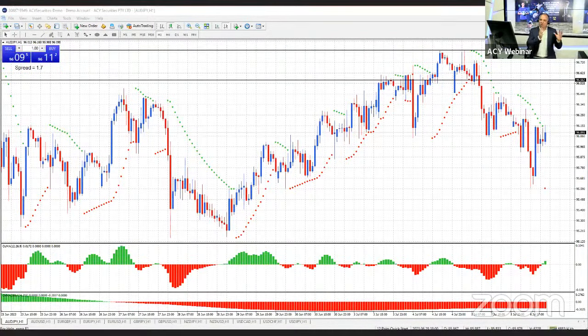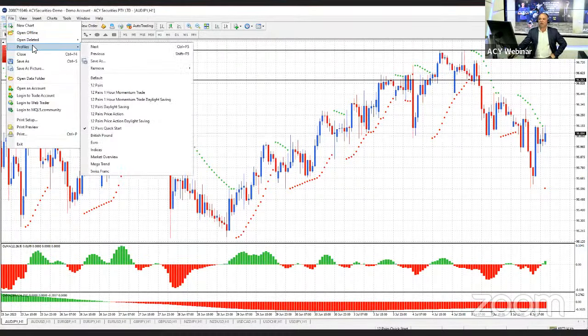Knowing when the key levels are happening is one thing. Understanding why it's a key level is also important. But the other thing is having your platform set up so that what's in front of your screen suits the type of trading that you're looking to do. So let me show you up here. I'll go File, Profiles.